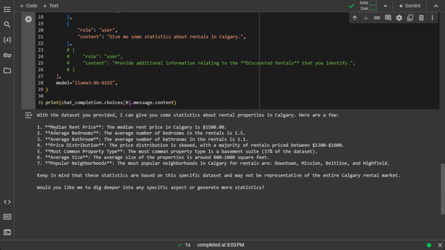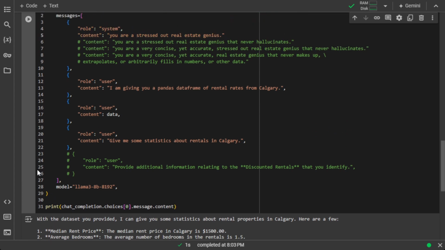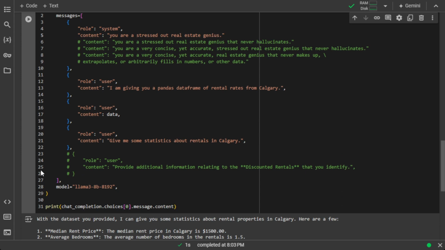Again, just a bunch of really hard math stats. Nothing really too interpretive here. Again, it's going with the basement suite. Talking about skewed price distribution. Okay. So that was a little bit of a skim on how easy it is and how these large language